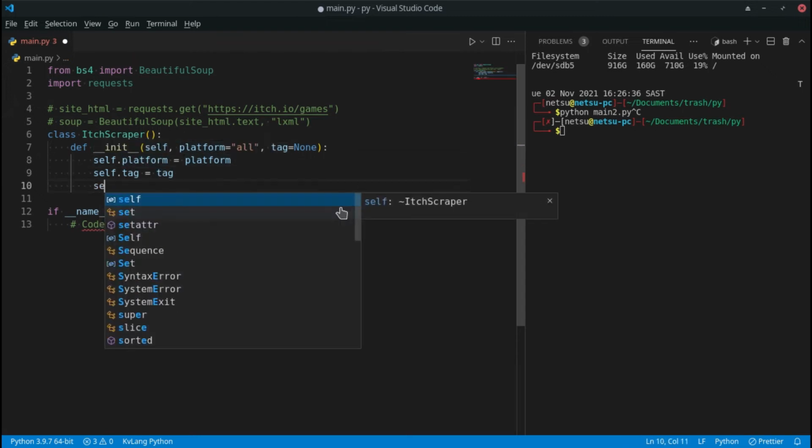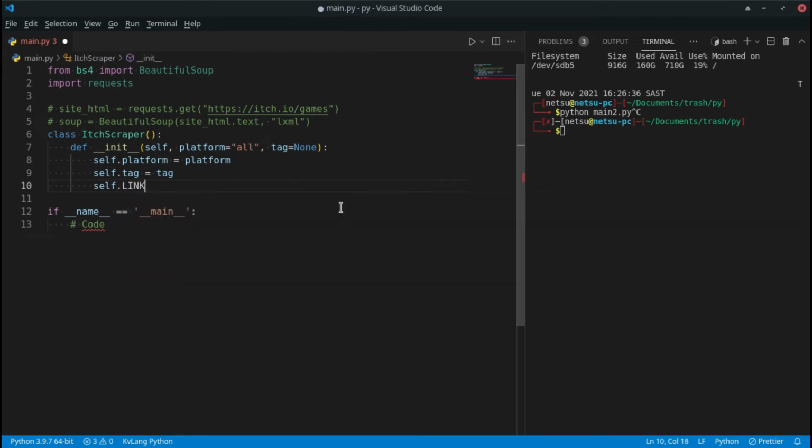Then we also want a self.link, and this is in all caps because the link right here, I just don't like it really changing, so I like to think of it as a constant. It will in a sense change, but it will more be modified but not changed itself, and you'll see what I mean in a second. So the link will just be this right here,